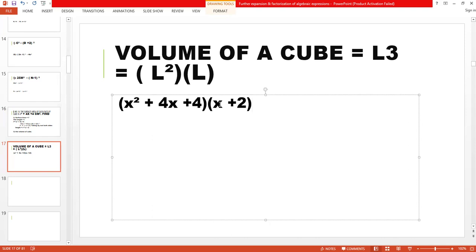I think all of you know whenever we have 2 brackets, we have to break the first bracket or the second bracket and then write the next bracket as it is. So I have to break this bracket x plus 2. How does it break? First we write its sign. No sign is there, this means it has plus sign. Next, no coefficient, so its coefficient is 1 and the variable is given, that is x. Then I have to put a bracket and inside the bracket I have to write the whole bracket.